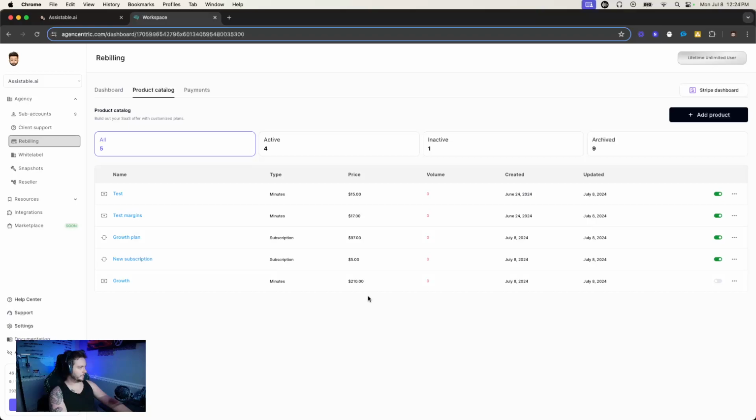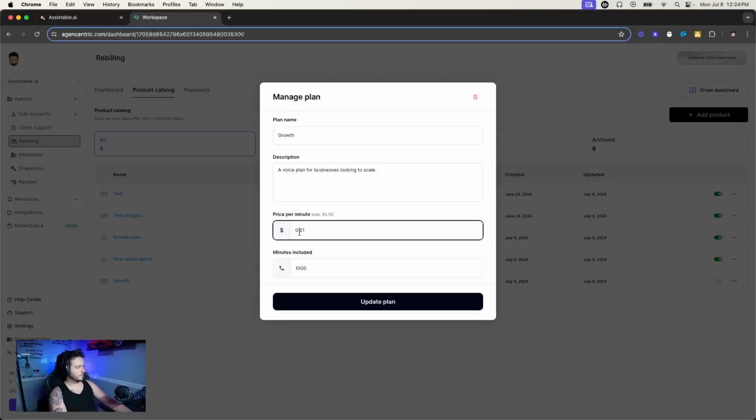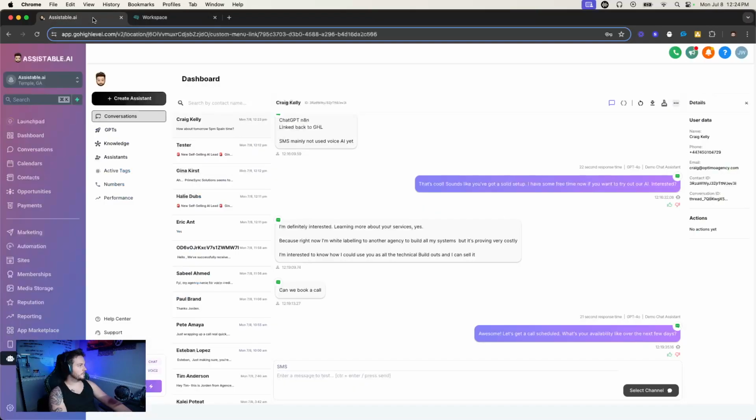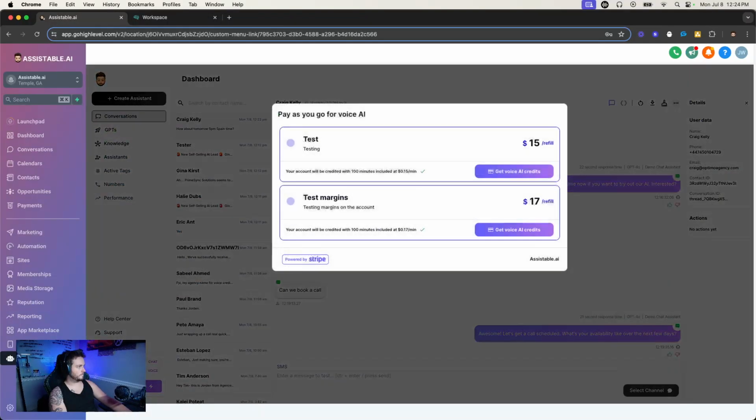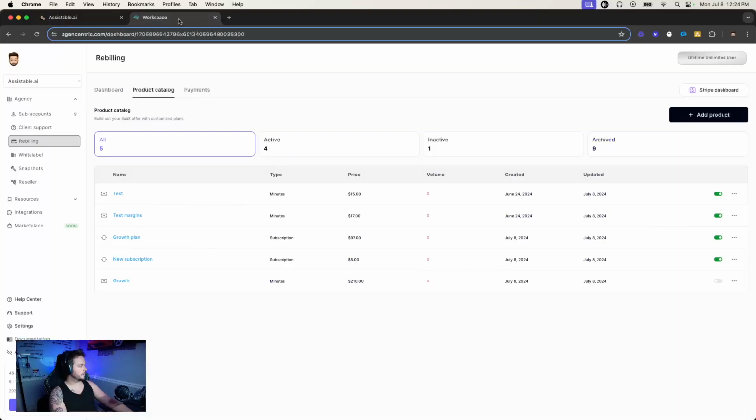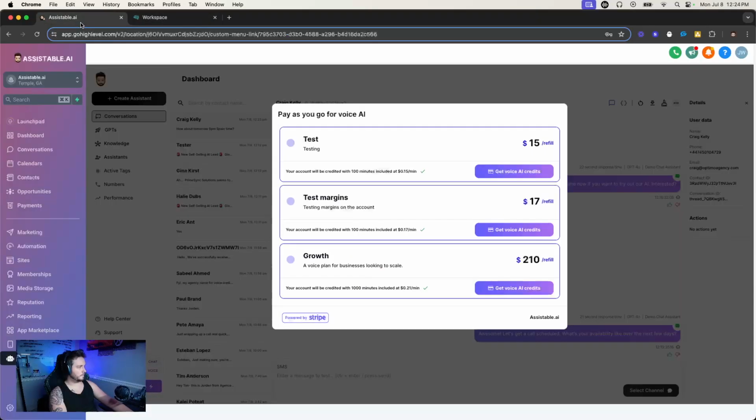And I'll update that plan. And now we see we have the growth plan here, which is for voice. The total price is $210, and that's because of the 21 cents per minute at 1,000 minutes. And so that's not in my admin dashboard yet. That's not here. And all I have to do is just turn it on, and you'll notice it'll populate here. 210 for the refill. Everything I just put there, get 1,000 minutes at 21 cents per minute for the growth